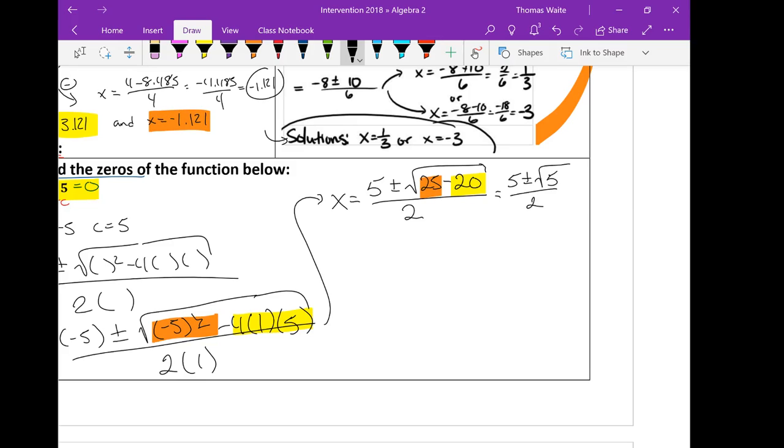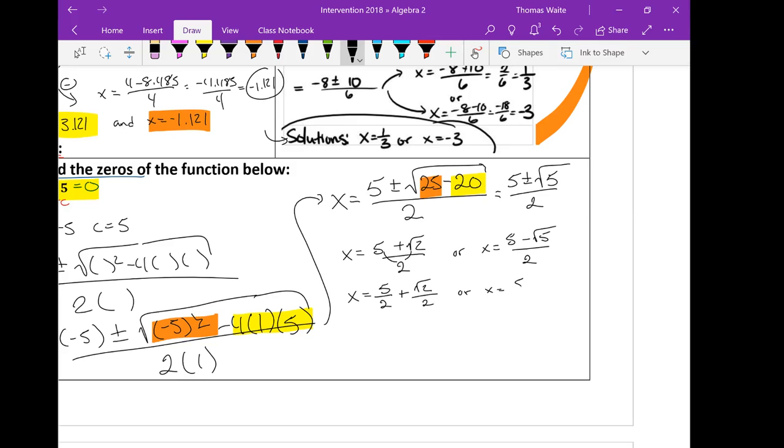And so now we have basically a couple options. There's a lot of ways you can write your solutions to this. One option is you can write it like a decimal as we did in our other example. You could write it as x equals 5 plus root 5 all over 2, or x equals 5 minus root 5 all over 2. That's a pretty simple radical expression. We could split it up into two fractions. X equals 5 over 2 plus, so we divide those first two, also divide the second two, plus square root of 5 all divided by 2,